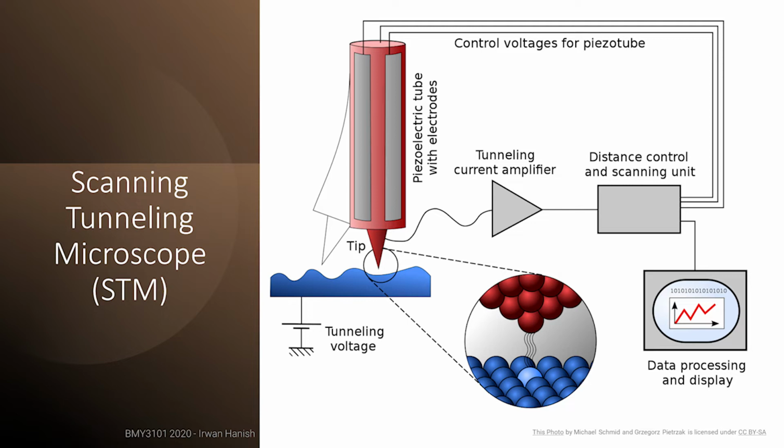Or more specifically, if you go closer, the electron cloud of your probe interacts with the electron cloud of your specimen. And this interaction causes quantum tunneling to happen. That's why we have the word tunneling in the name of this microscope. Tunneling is,